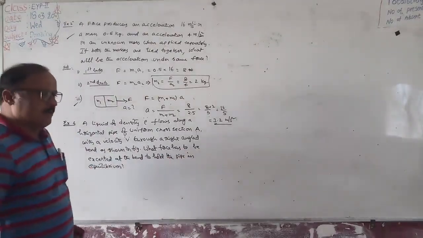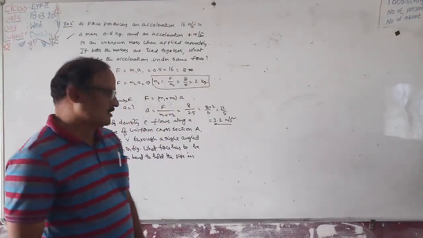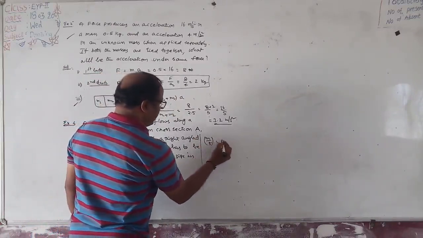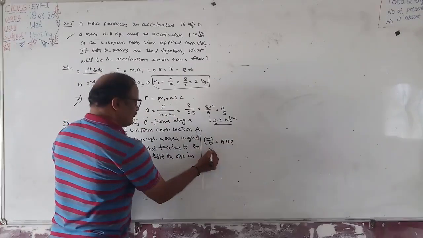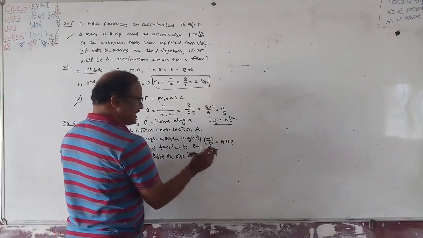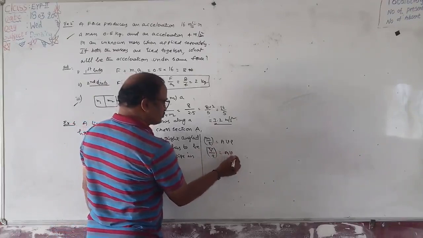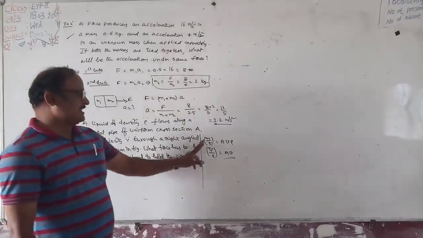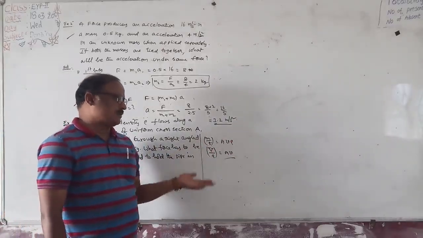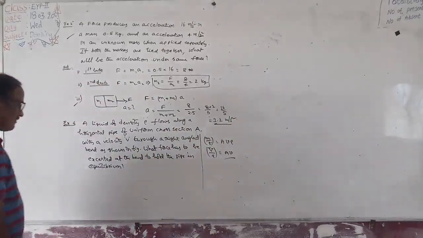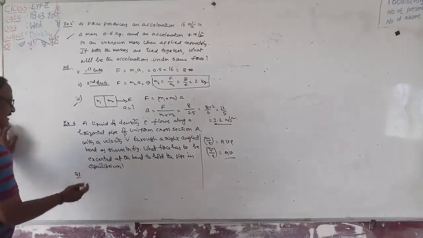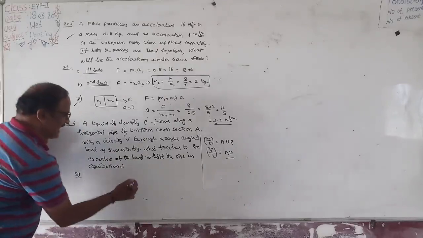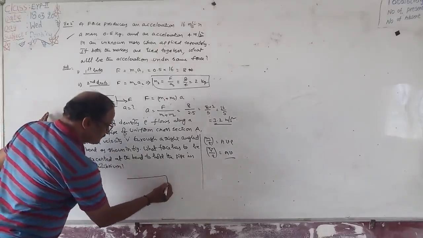Already we discussed the mass flow rate and volume flow rate. What is the formula for mass flow rate? Mass flow rate m by t is equal to A into v into rho. Volume flow rate is the volume of liquid entering the pipe in a time of 1 second, which is A into small v. Small v indicates velocity, capital V indicates volume. That's why mass flow rate is equal to A into v into rho, and volume flow rate is equal to A into v. Okay, so in this situation, there is a tube which is bent in the form of a right angle. That means it is a pipe.